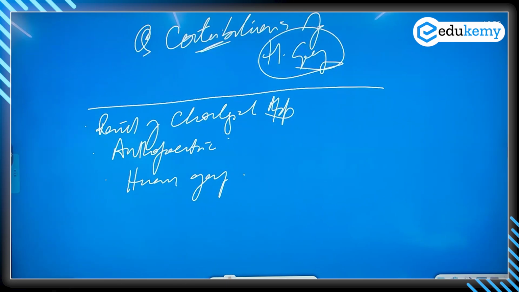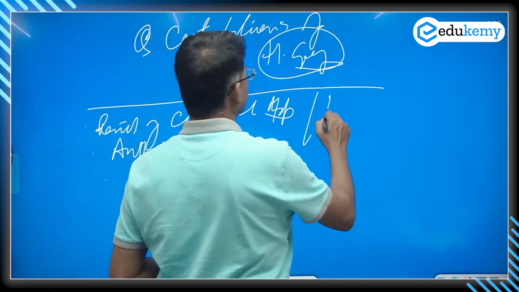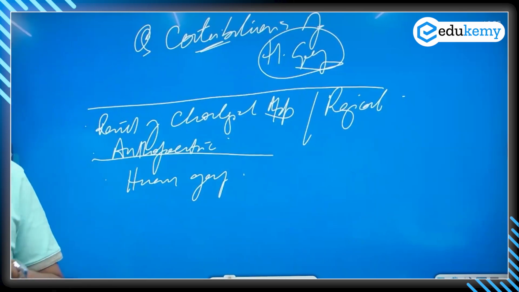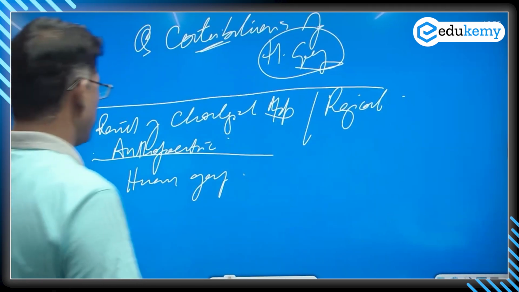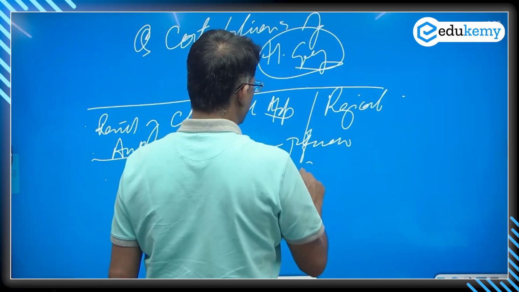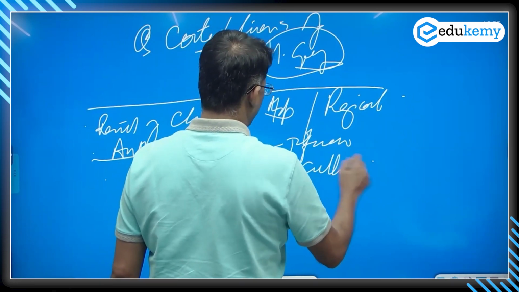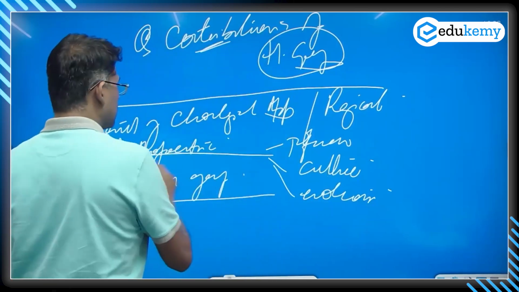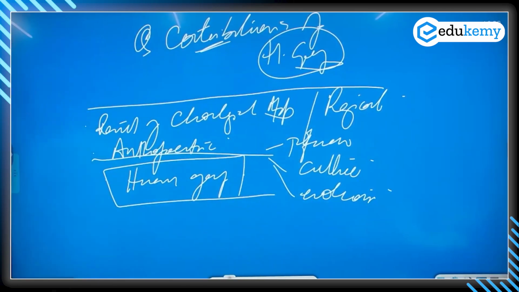Okay, that it is a revival of the chorological approach. Chorological का मतलब हो गया, it is a revival of the regional approach. It is truly anthropocentric. Why? Because it talks about human preferences. It talks about human culture. It talks about emotions. That's why it talks about the human agency in choices and decision making.